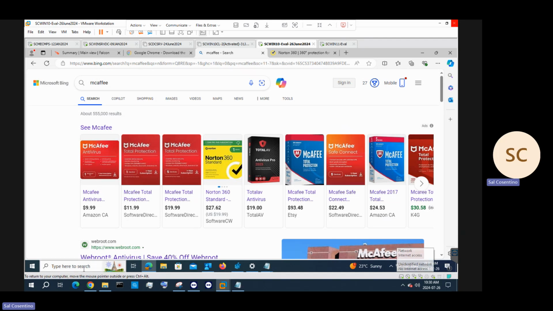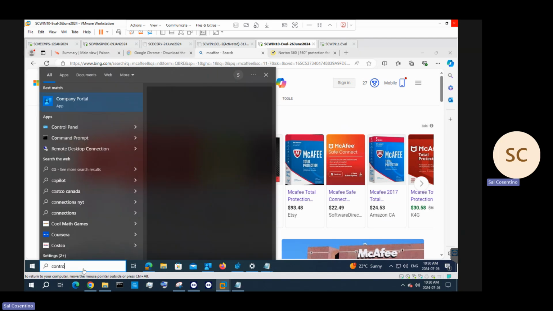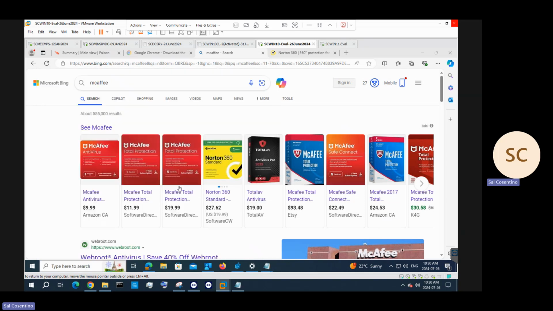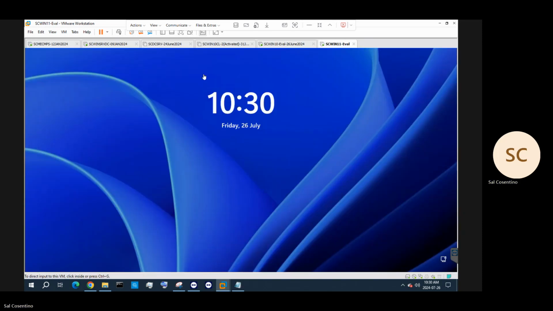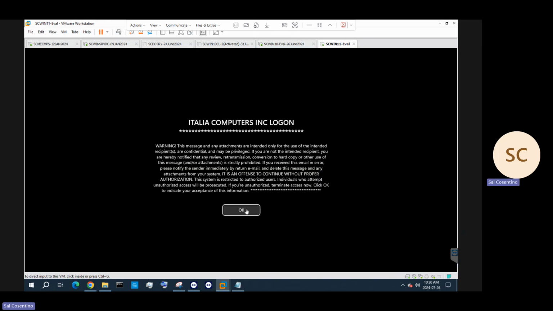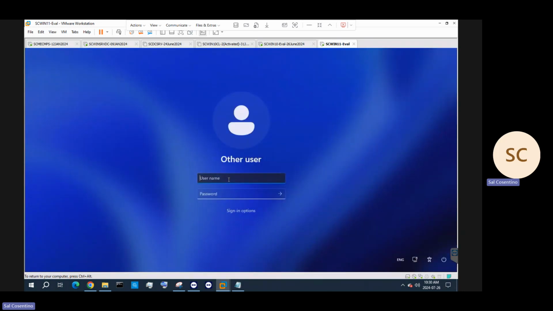Uninstall it first. Remember, guys, uninstall it, and you uninstall it through the control panel, like I showed you. Go to the control panel. We've got to do it here. I might be able to log on here to the Windows 11 machine, just so I can show you how to uninstall using the control panel method, or you can go ahead and